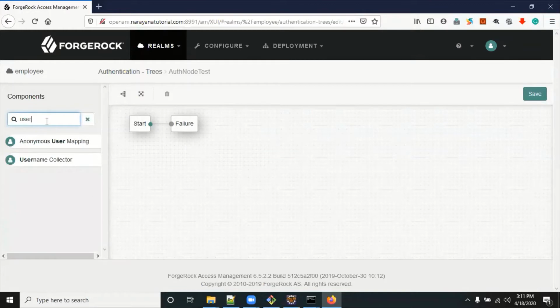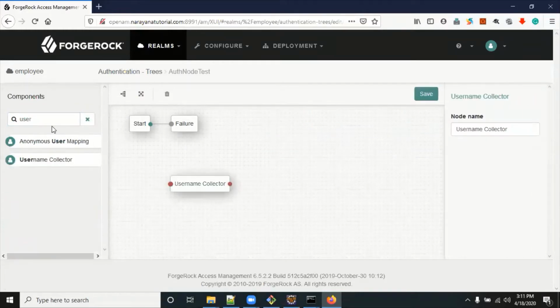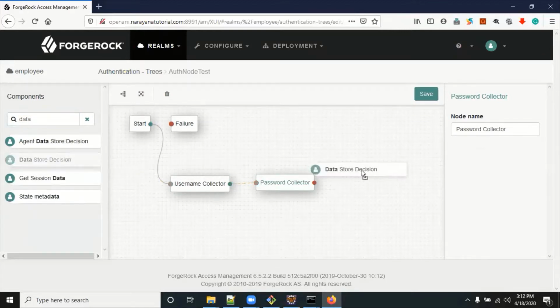First we need to collect the username, then we need the password, so we use the password collector node. Then join the username with the password collector, and then we need data store decision to do authentication.